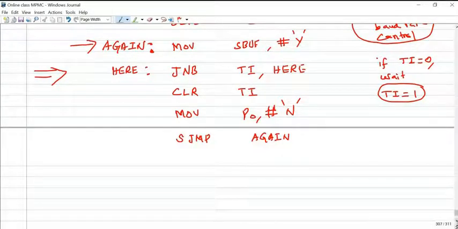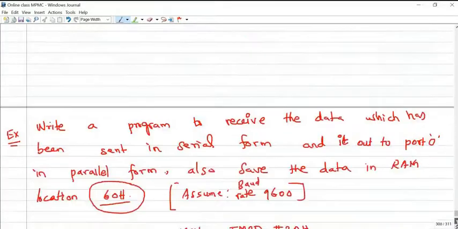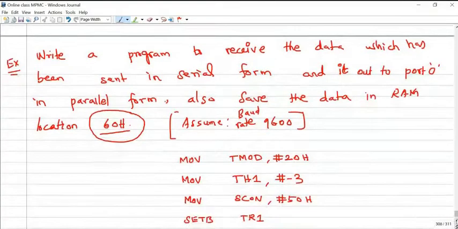The simulation has been done in Keil software. Then I demonstrated the display of capital Y in the UART window, and the binary equivalent of capital N in port 0. Similarly, for receiving the data, they will also mention the baud rate.